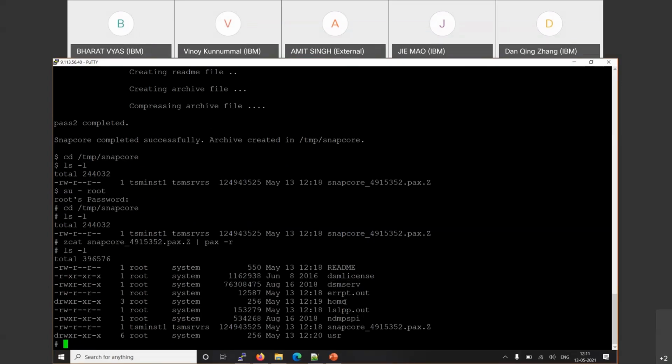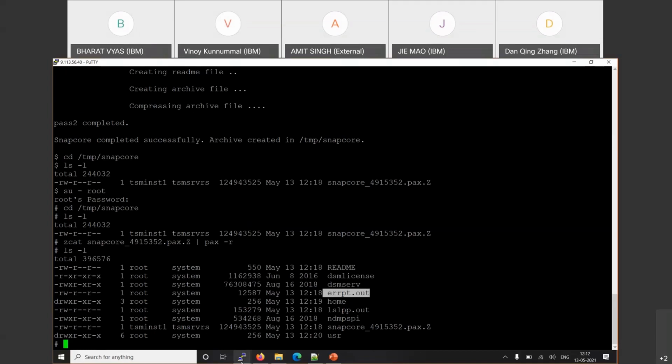Because under home I have the core file. So in this path I have the core file. It also has the ERRPT report. So you can verify from the ERRPT report when my core was generated, when my server crashed, and where my core file is. By this you can identify the cause of the server crash, or you can extract the call stack. If you do not have dbx, you can extract it on another server.